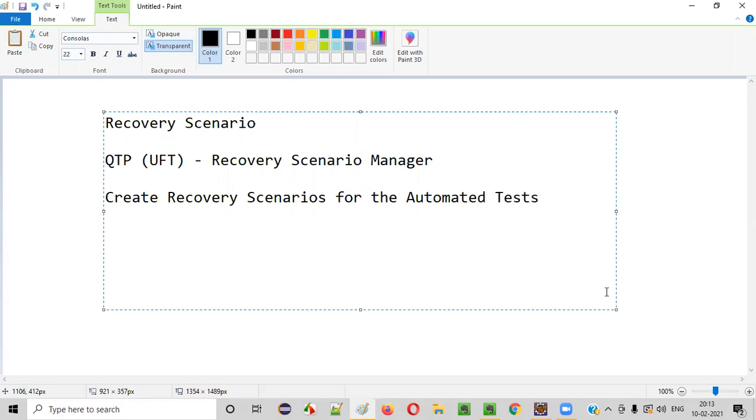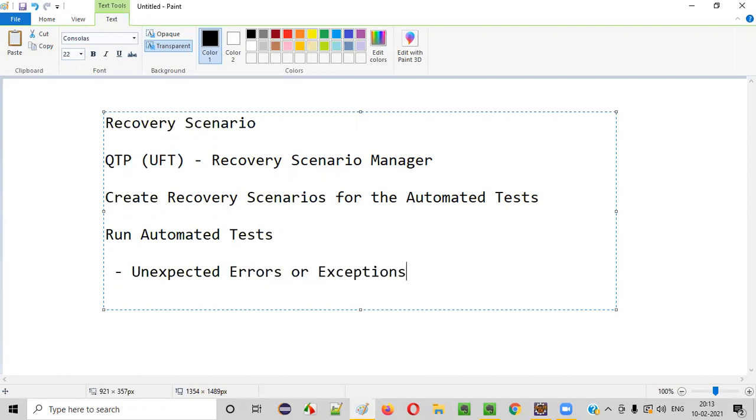Why do we have to create the recovery scenarios for the automated tests using QTP or UFT, guys? Because when we run automated tests in QTP or UFT, there are chances that the tests come across some unexpected errors or exceptions. What will happen, guys?